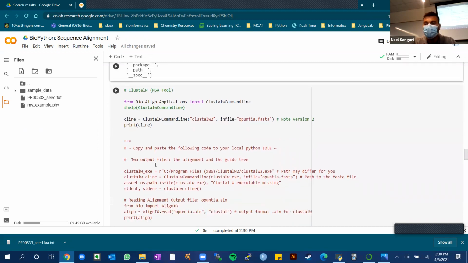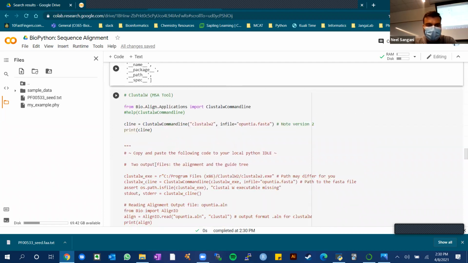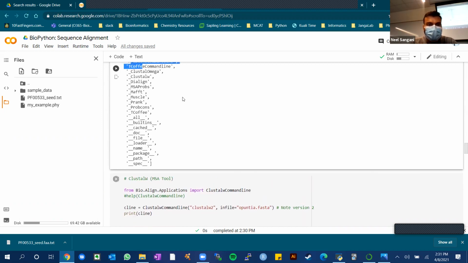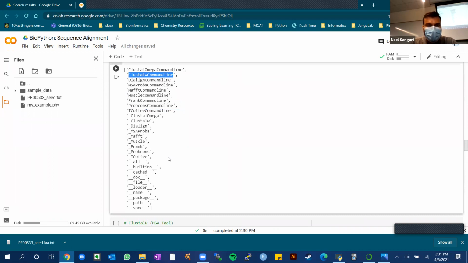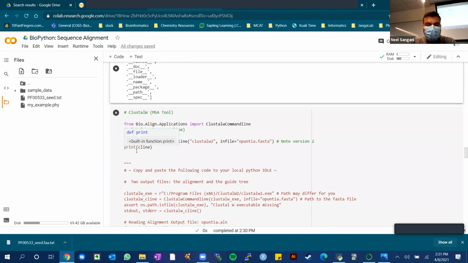So I'm going to go through Clustal W today, and there are others, like MUSCLE, and I've listed them below, and you can work on that. So let's look at Clustal W today. We're simply going to import the ClustalW command line, so we can see it's right here. We're just going to import that from here. So import ClustalwCommandline, and then we're going to create